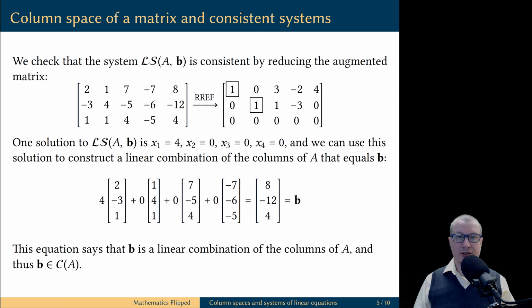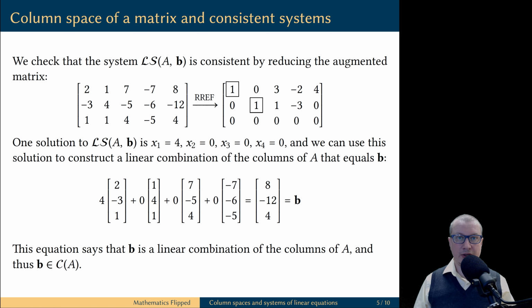But this equation says that the vector B can be expressed as a linear combination of the columns of the matrix A. In other words, it is one of the linear combinations of the columns, and therefore the vector B belongs to the span of the columns of the matrix A, which is the column space of A. So to summarize, this linear system is consistent implies that the vector of constants B belongs to the column space